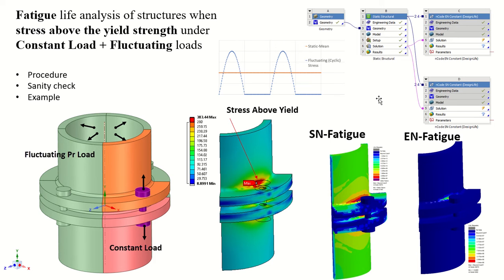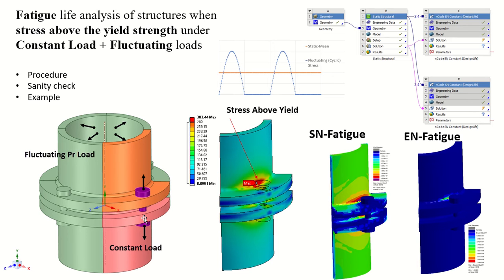In this session, I will demonstrate the typical procedure to handle both constant and fluctuating loads and how to do a sanity check on the results that we get from the Ansys nCode DesignLife tool, and I will also demonstrate an example of a practical scenario of a flanged joint